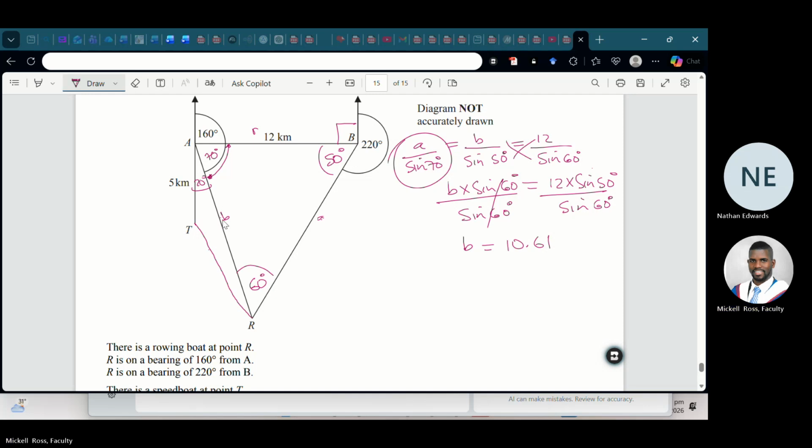So we know the length of b. Now, this is two sides and the angle between, so we can find this side over here. Let's call this side x for right now. Once you have a triangle with two sides, this side, the angle which is 20, and then this side, you can use the cosine rule to find the side which is opposite. So we're going to have x squared is equal to